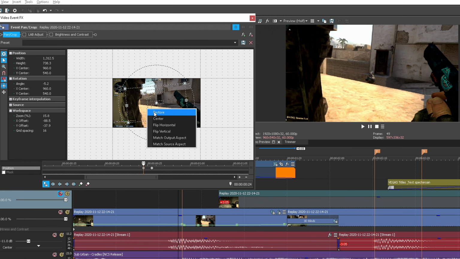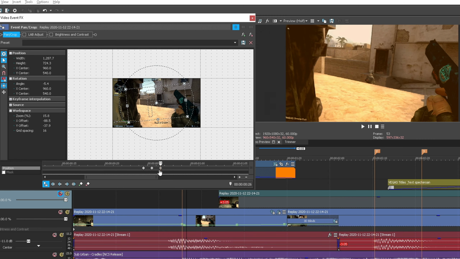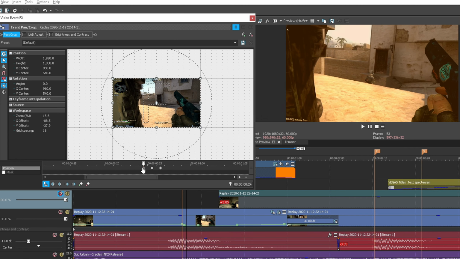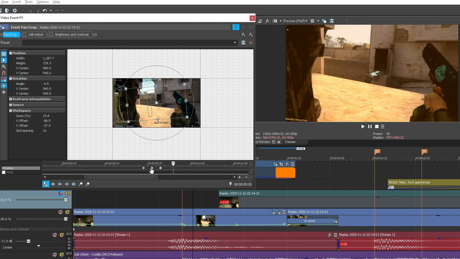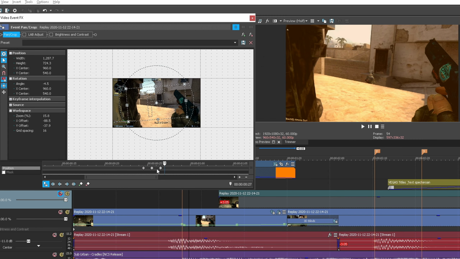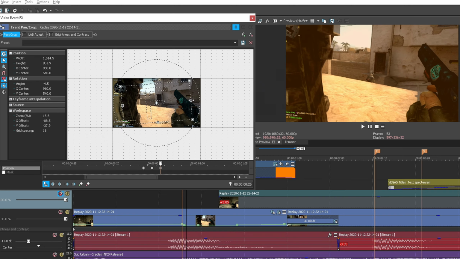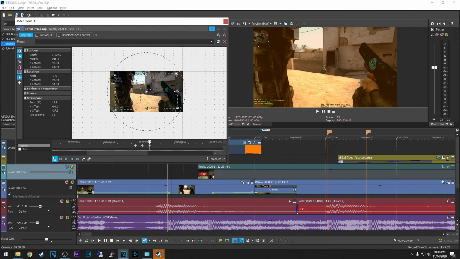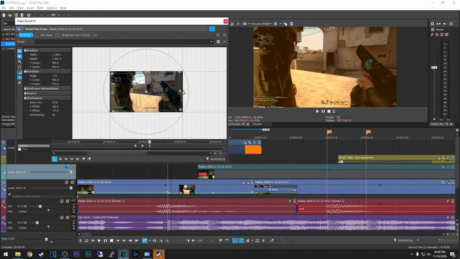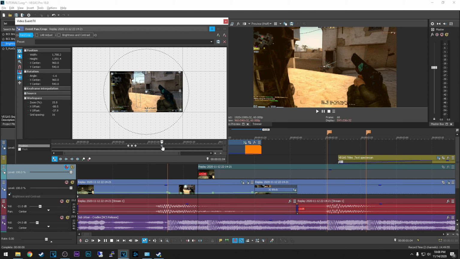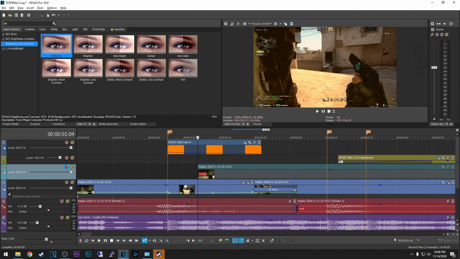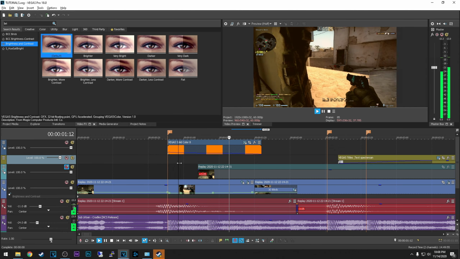I'm gonna right click and restore, and a few keyframes forward I want to do a zoom out effect. So it's gonna look like a zoom in and after that a zoom out. I'm gonna change the position a bit. And for a maximum effect, I'm gonna add another keyframe further away, which I'm gonna restore. It's gonna look pretty much like this.